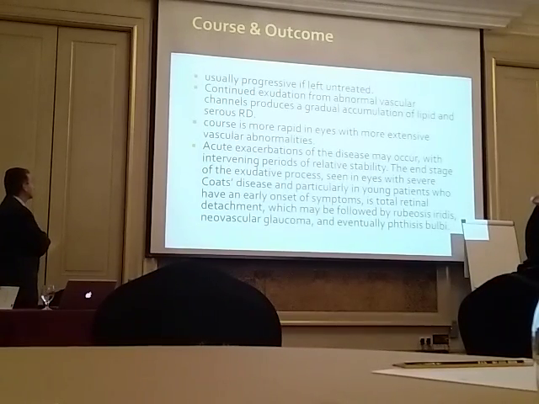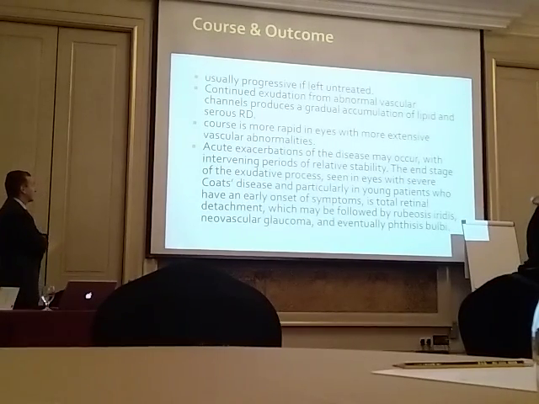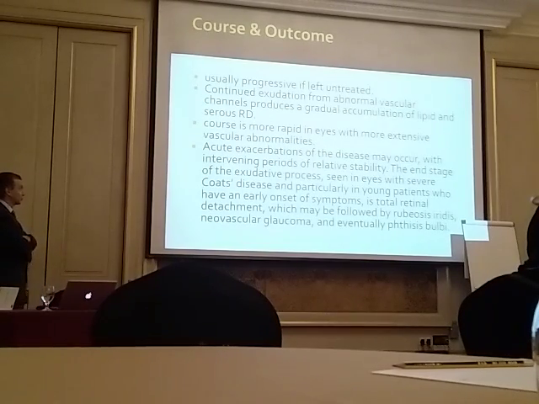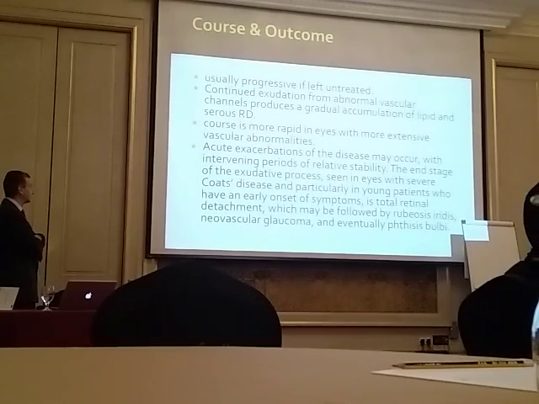So usually it is progressive. As I said, the very, very small majority would involute by itself. Now you have continued exudation from abnormal vascular channels, which produce a gradual accumulation of lipid and a serous RD. The course is more rapid in eyes with more extensive vascular abnormalities, and as I said before, if you have acute exacerbation of the disease,